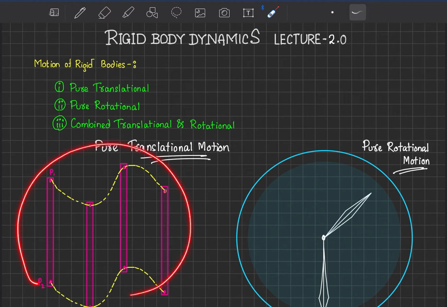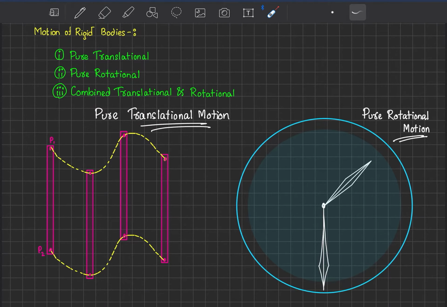For example, let us see this diagram right here. Here let us say we have a rod like this and this rod moves in the path given. So here if we consider this point to be P1 and this point to be P2, we can see the path, they are exactly identical. If we move the rod in this manner, then each point will travel through the same kind of path. So path length traveled will be same, right? In this case the path length traveled will be same by all of the points. The point here will follow the same kind of path, the point here will also follow the same kind of path. This kind of motion is translatory motion.